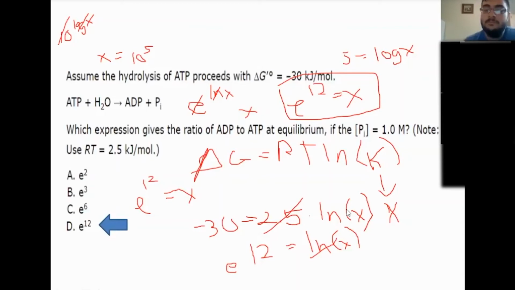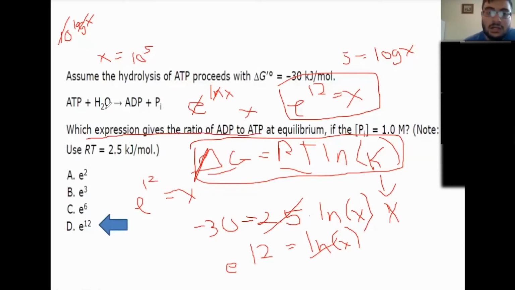Yeah, and if you need help starting up the equation, that's fine. You had the equation, you know, you came in with this. You just had to figure out what you know and what you don't know. You know what delta G is, you know what RT is. K is what you're trying to find because that's what the question asked for. It gives the expression of ADP to ATP. ADP is the product, ATP is the reactant, right? And it told you that the concentration of P, which is the other reactant, is 1, and H2O is always 1, so it's always removed.